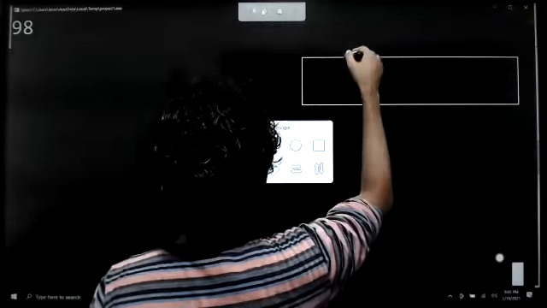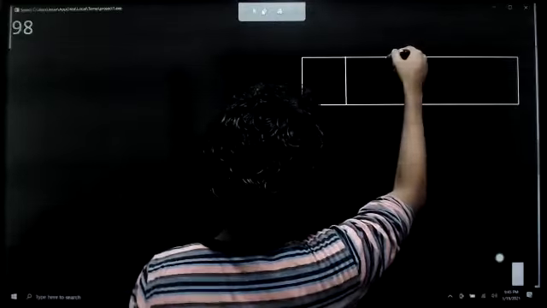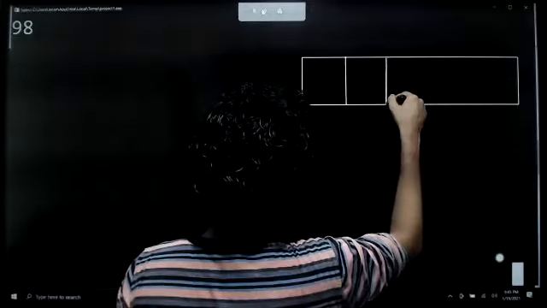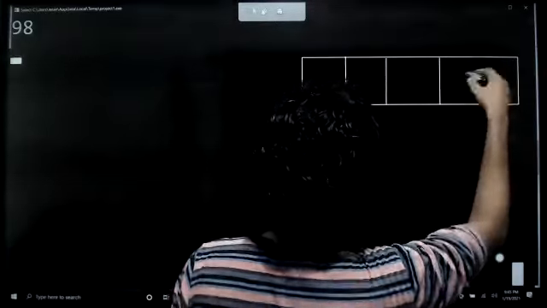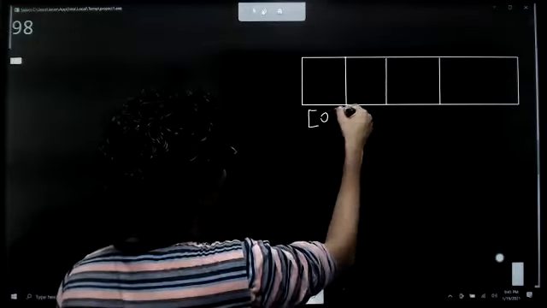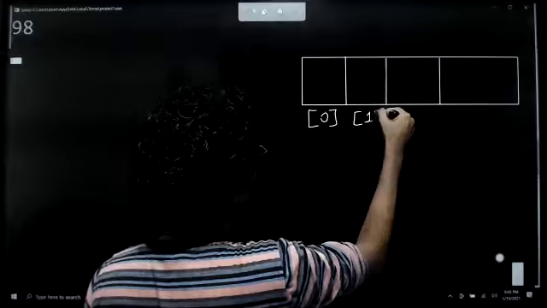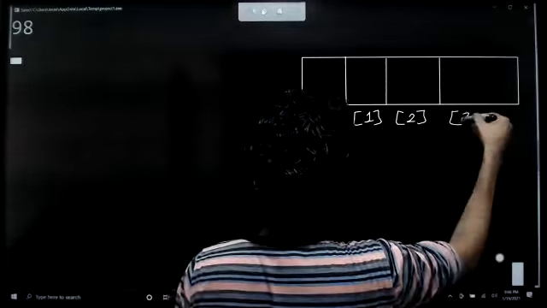Sorry, we have 4 elements now. 4 elements, right? So we have here, this is 0th one. This is first one. This is second one. This is third one. So everyone stay focused, right?